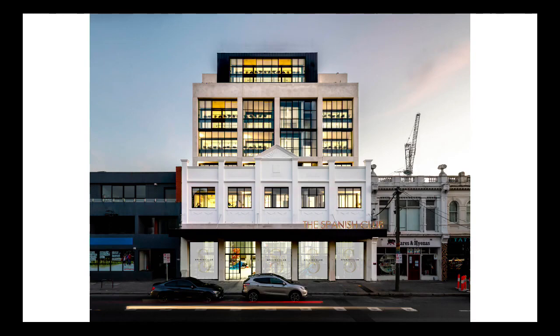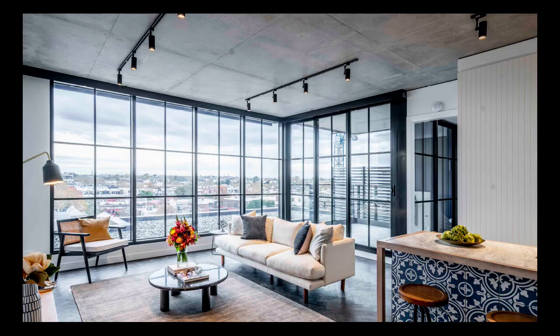Like I say, it was a robust design response to Johnson Street, picking up on the vertical elements of the building and translating them skyward. Winter gardens with integrated planting across the front. Again, so there's that connection through to nature from each apartment. The view out to the north,